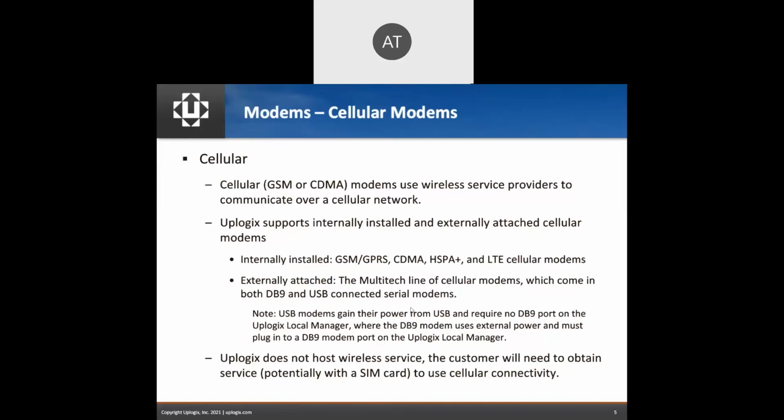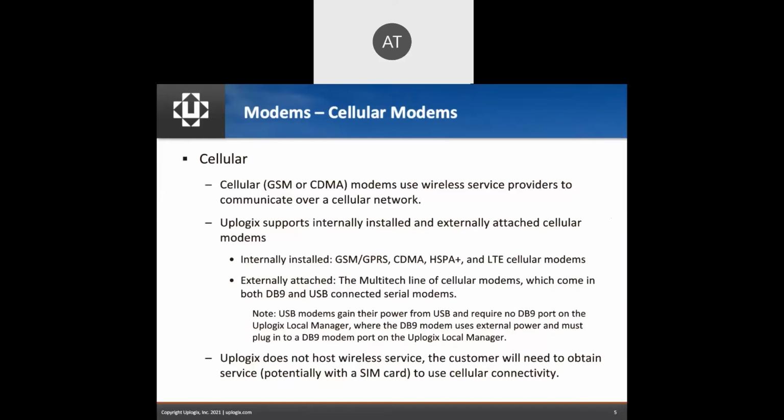And pretty much this slide is a little out of date. We don't have the external modems, I don't think they really make those anymore. So we just have a handful of different internal modems. For the US, we pretty much all use just one model. That's our combo modem, which is an LTE modem that's got great